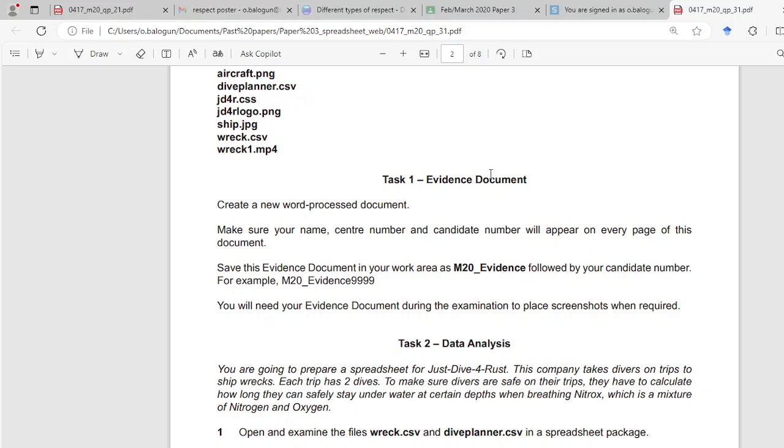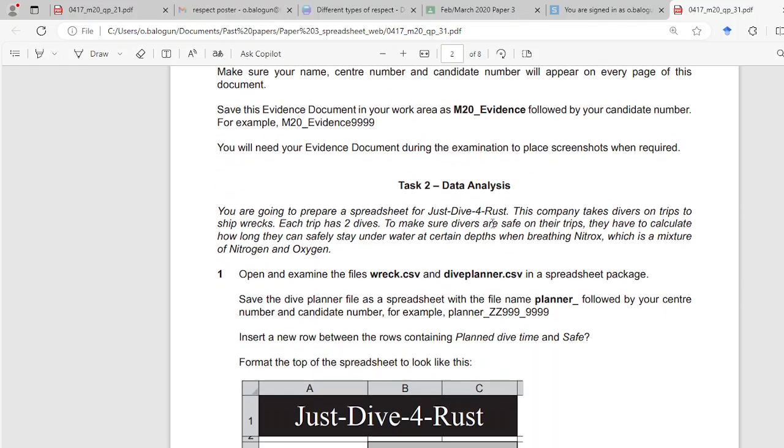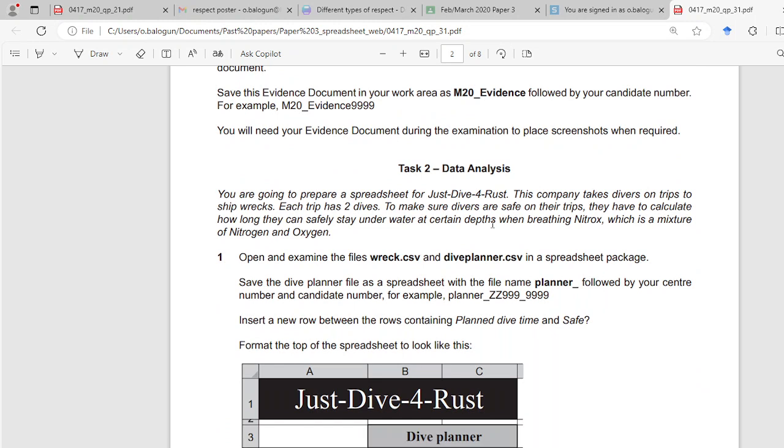Today we're working on February March 2020 paper 3, which is data analysis. That's the spreadsheet task of the IGCSE examination. You are going to prepare a spreadsheet for Just Dive for Rust. So the first thing is we open the file, we examine the two files that we're working with,